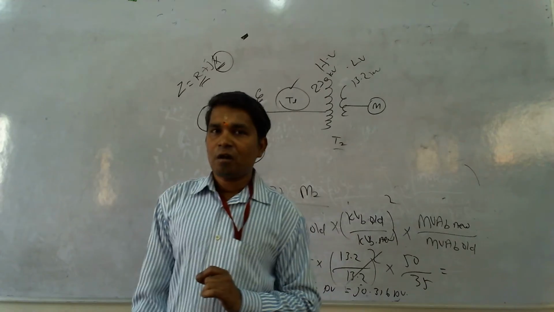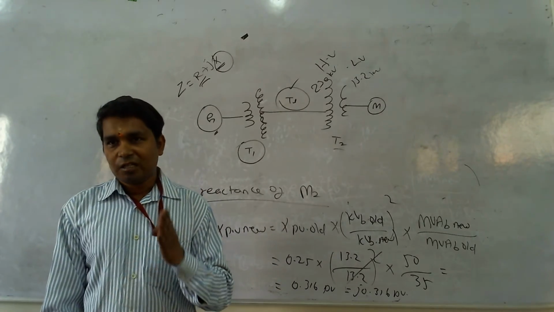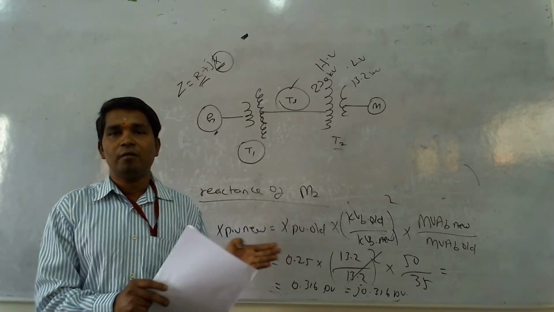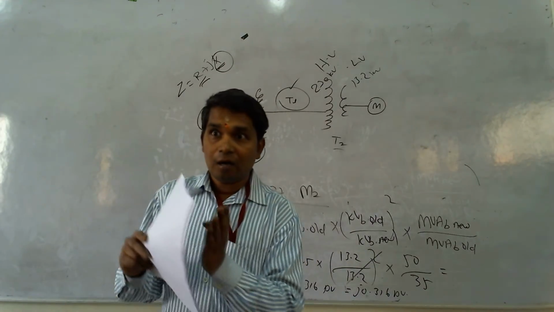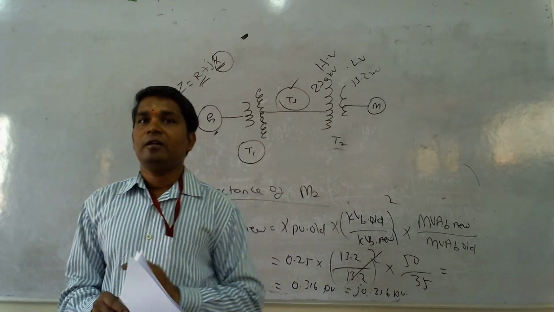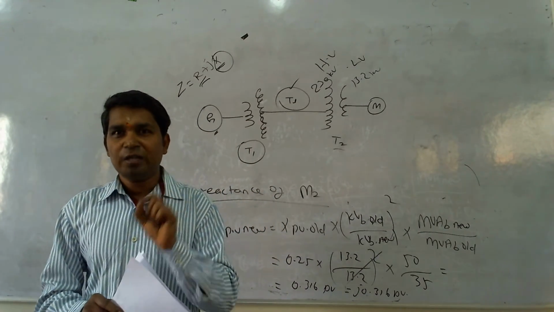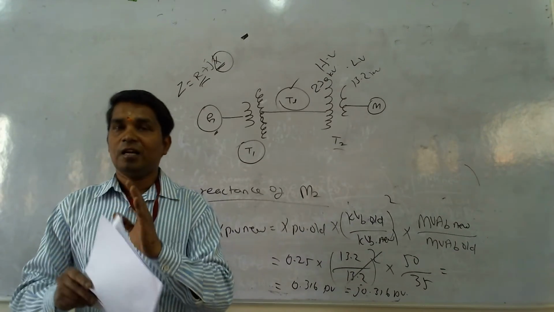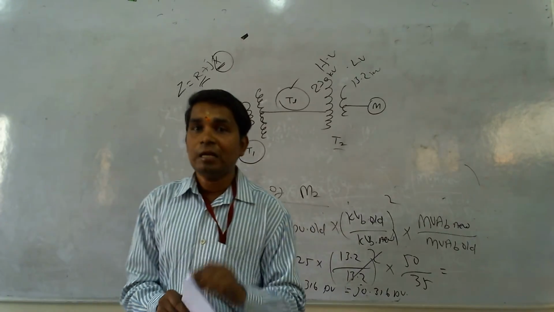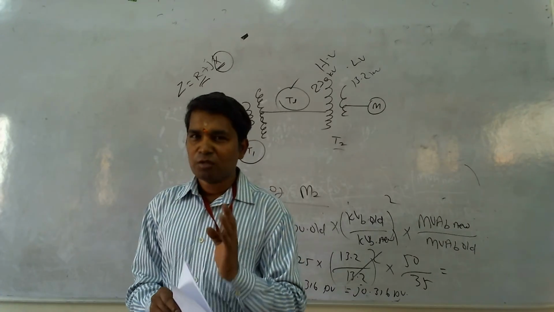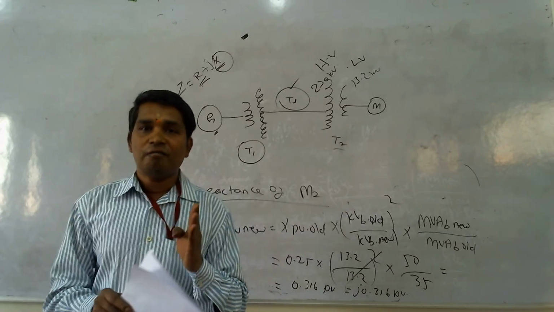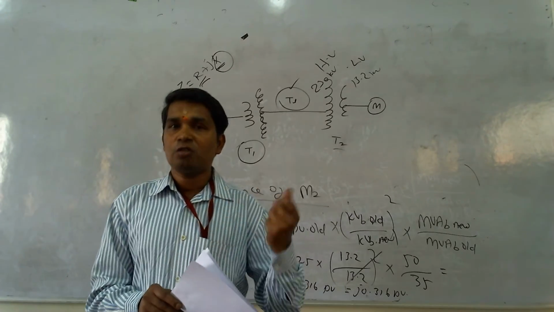It is very important to calculate the reactance value because it is used in the fault analysis. So we will be using these values in the fault calculations in our second unit, right? I hope that in the second unit we have the fault analysis, so you have to use these values for the fault determinations. We have symmetrical fault and unsymmetrical fault, and in all kinds of fault analysis we have to use these values, right?